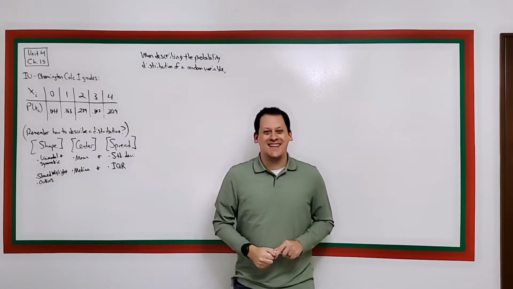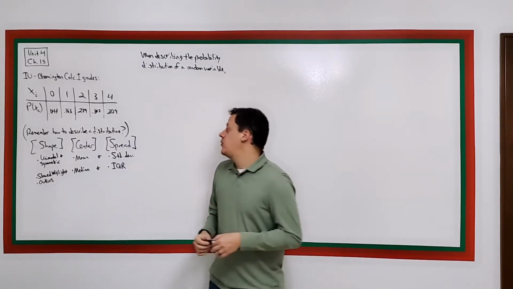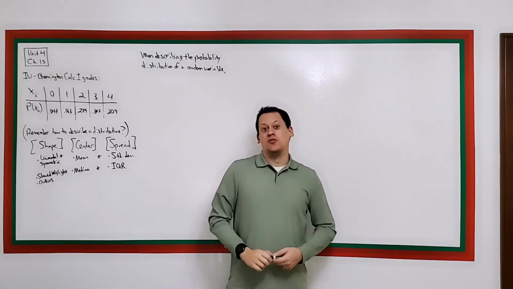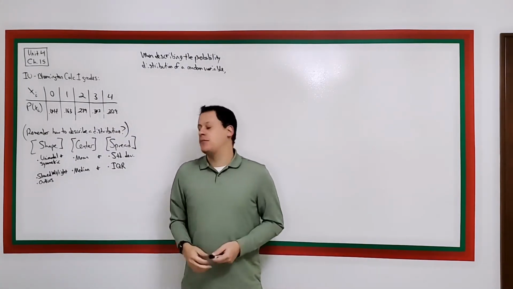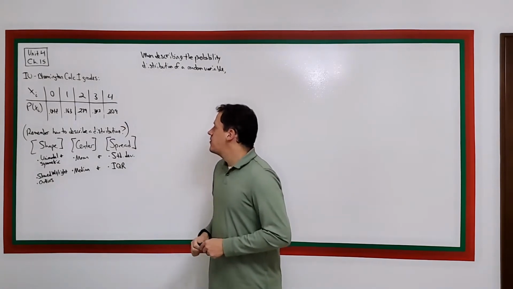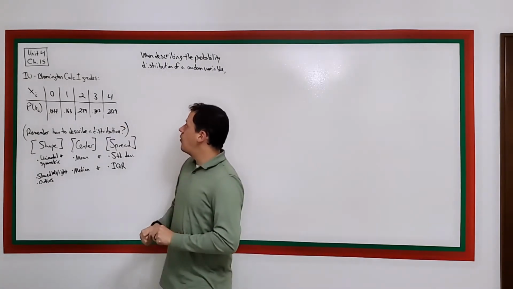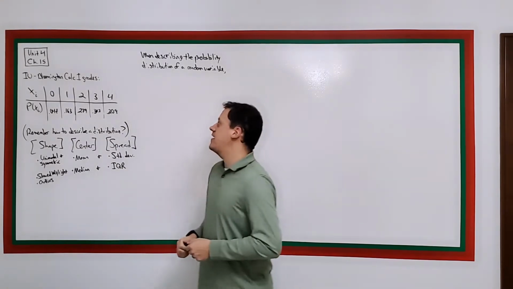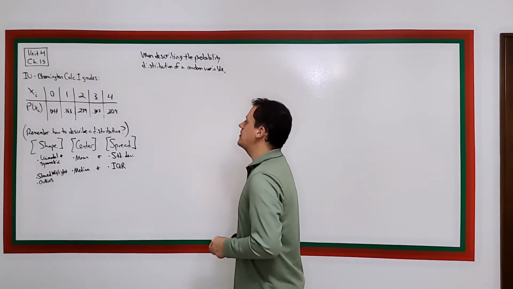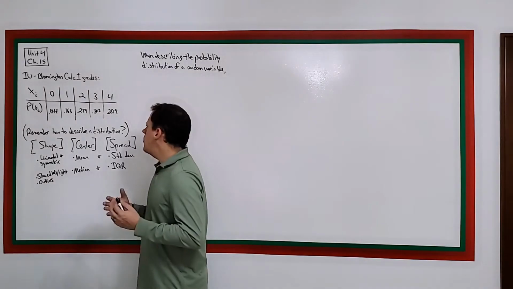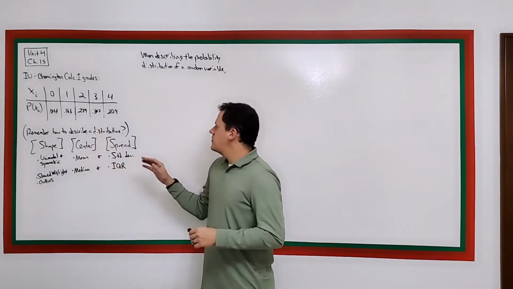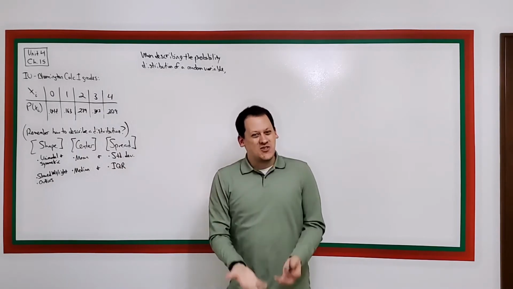Welcome back. In our last video, we introduced probability distributions and random variables. And we went through a couple examples, including this one, the Calc 1 grades, the distribution of grades in Calculus 1 at IU Bloomington for a particular professor. And so I want to talk a little bit more about this in detail, starting with how to describe a